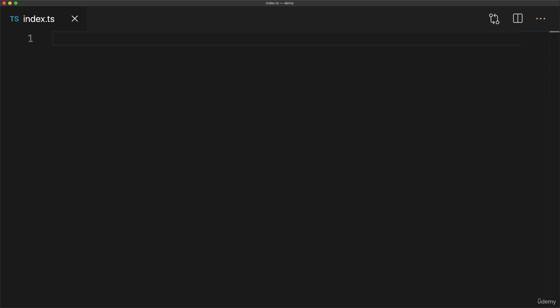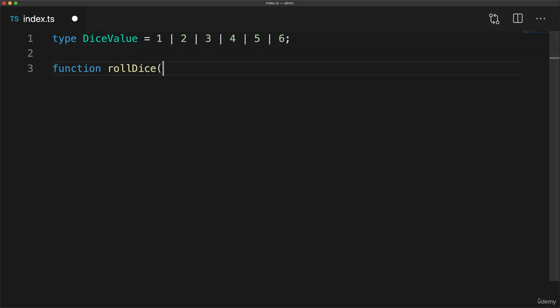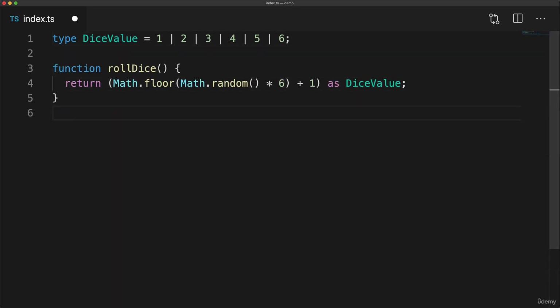Now we can represent the value of a traditional dice as the number values 1, 2, 3, 4, 5, 6. And then we can create a utility function that uses math.random to roll a dice. We use the return value from math.random and scale it from 0 to 5.99999, you get the idea, and then use math.floor to limit this value to be 0 to 5, and then scale it by adding 1 to be 1 to 6, which matches our dice value type, and we inform TypeScript of this fact by using a type